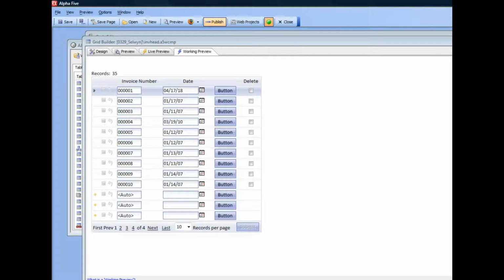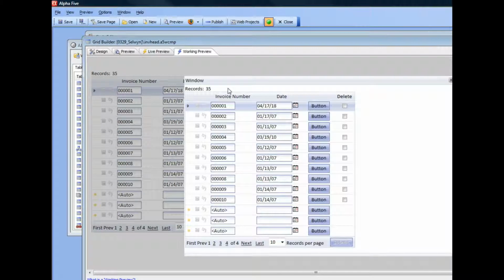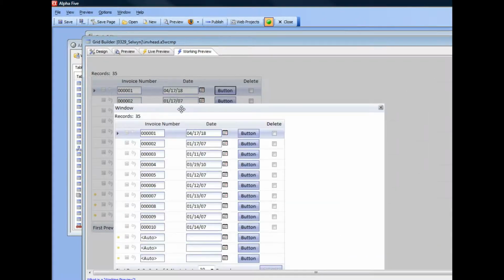Video we'll discuss some of the new window positioning options that have been added to the grid component in version 10. So you can see here I have a very simple grid with a button that opens up a grid in another window, and when I click the button you can see that the window opens up and the initial position of the window is in the center of the screen,